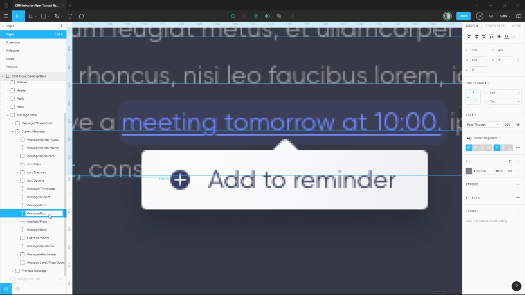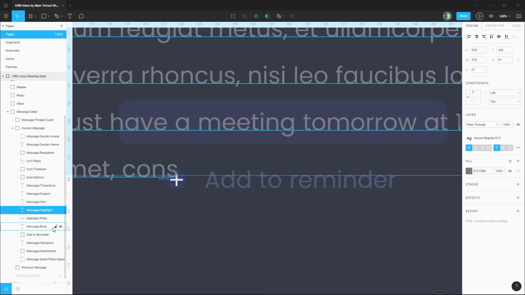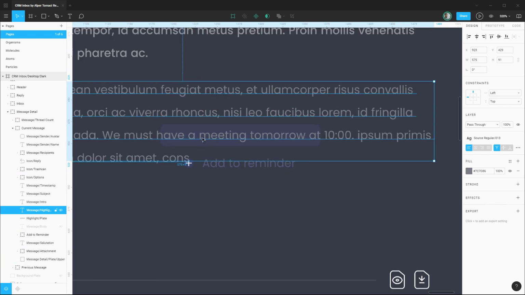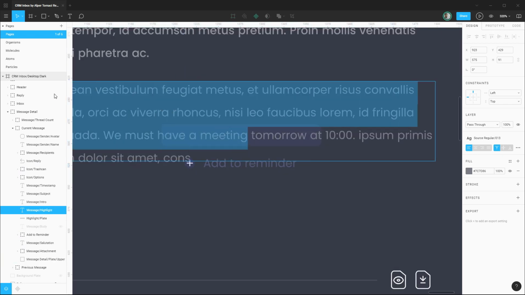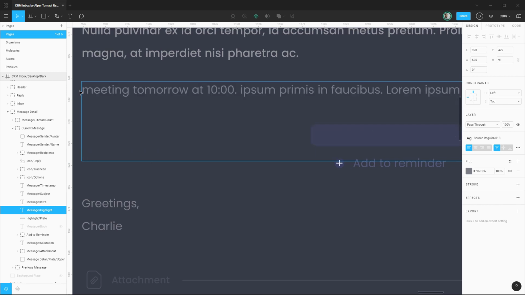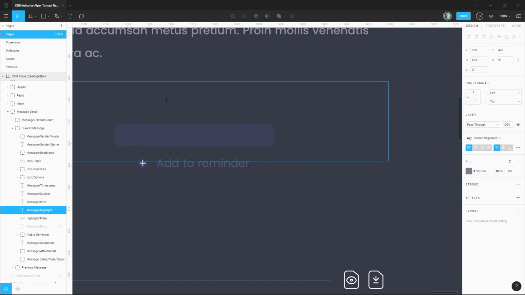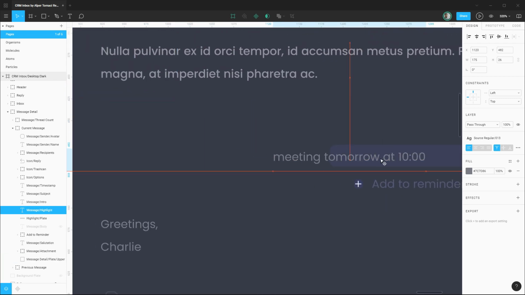And we're going to call this the message highlight. I'm going to turn off our reference layer just for a second here, as well as the message body beneath it. And we're going to actually edit this text to only include the string that we want to be part of that highlight. So meeting tomorrow at 10, I believe, is the full string that we'll need. We can double click the corner of this to auto size that paragraph text, and then we can move it